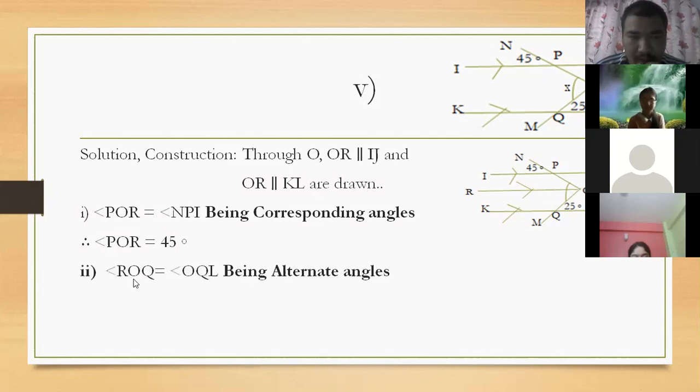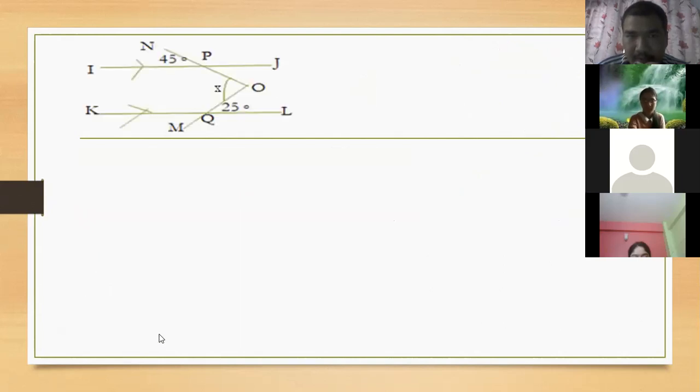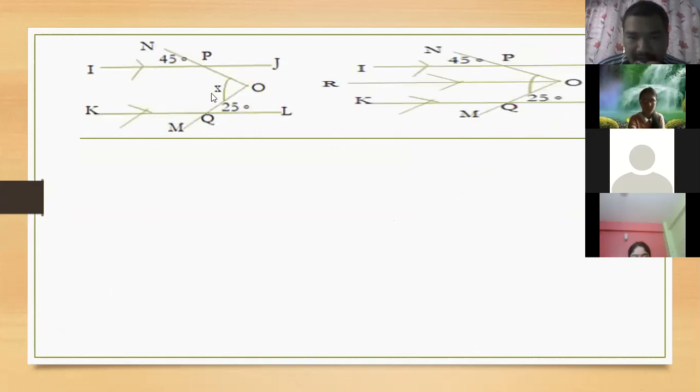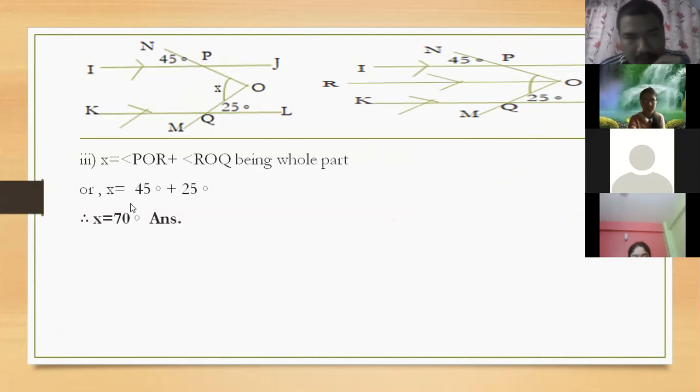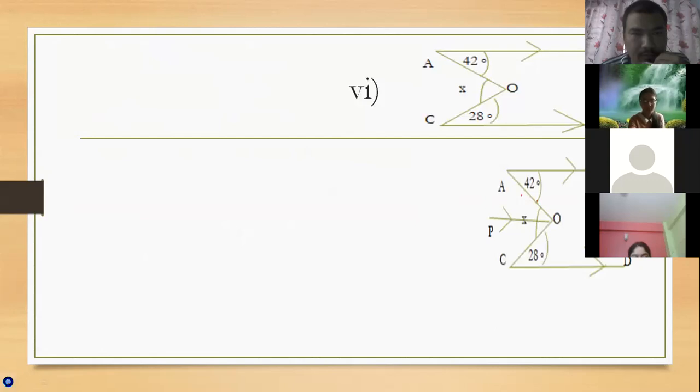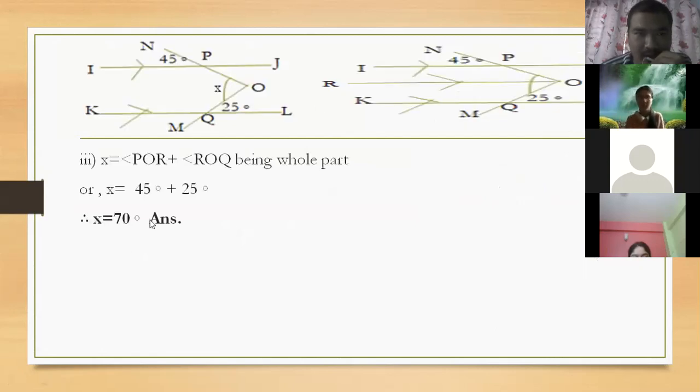Okay, sir. Now look here, when we find this angle is 45, this angle is 25, and when we add both angles, then we will get the value of x. Okay, that I am going to show in the next slide. Look here, how to find x? We have to add these two angles, okay? Add this upper one and this lower one. Then you will get the value of x. Okay, the value of x will come 70 degrees. Okay, children? Okay, sir. The value of x will come 70 degrees.